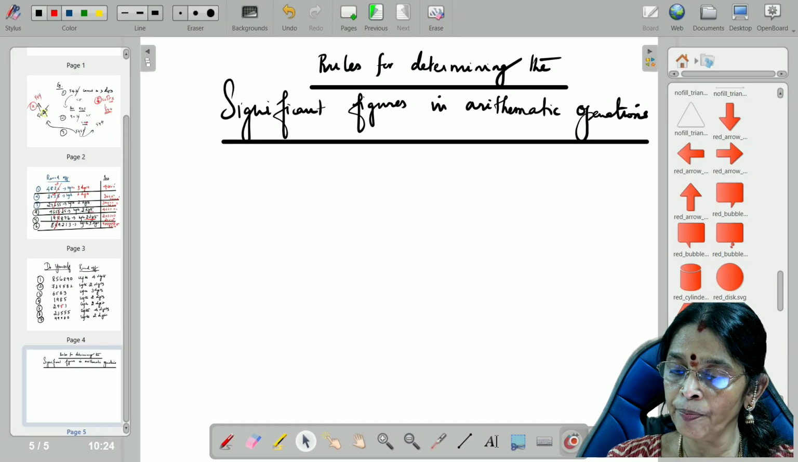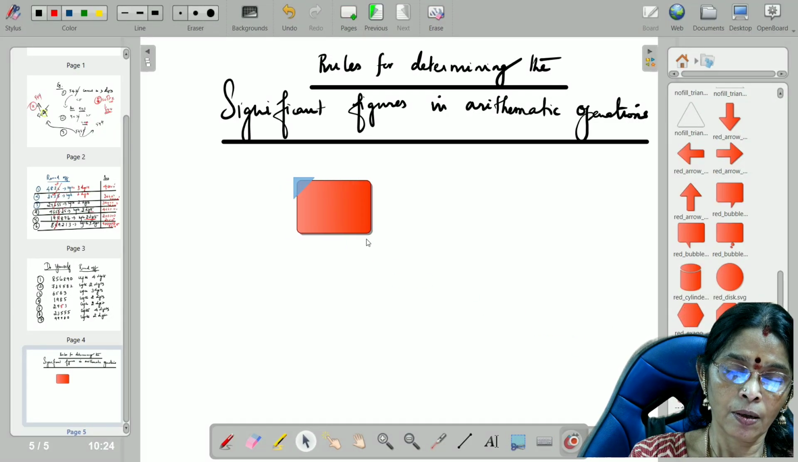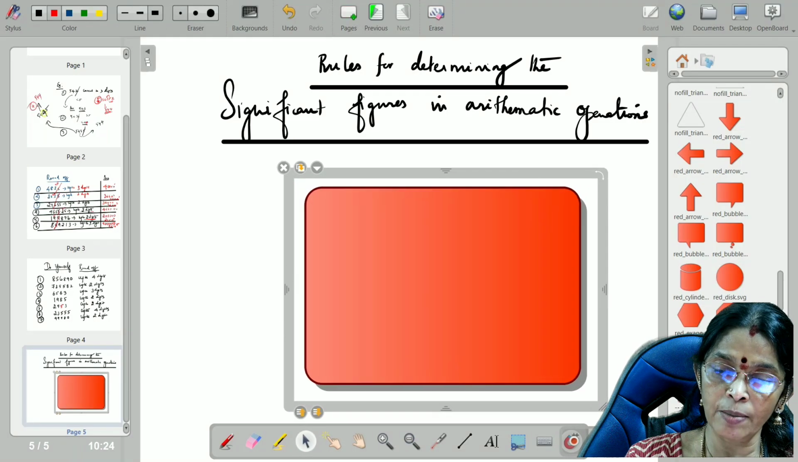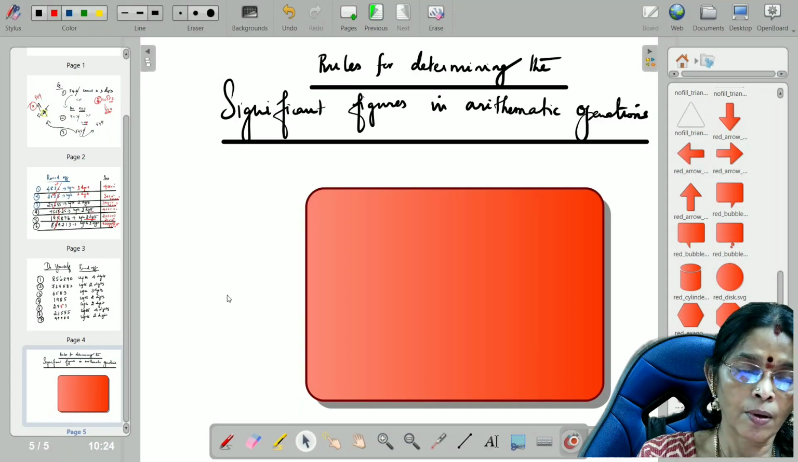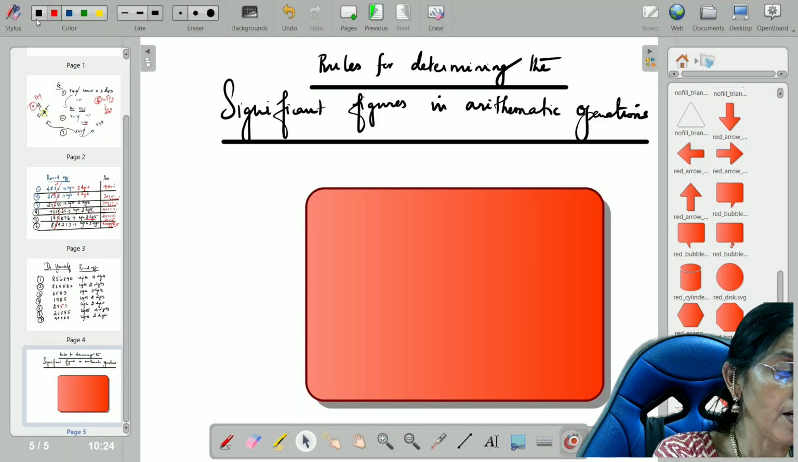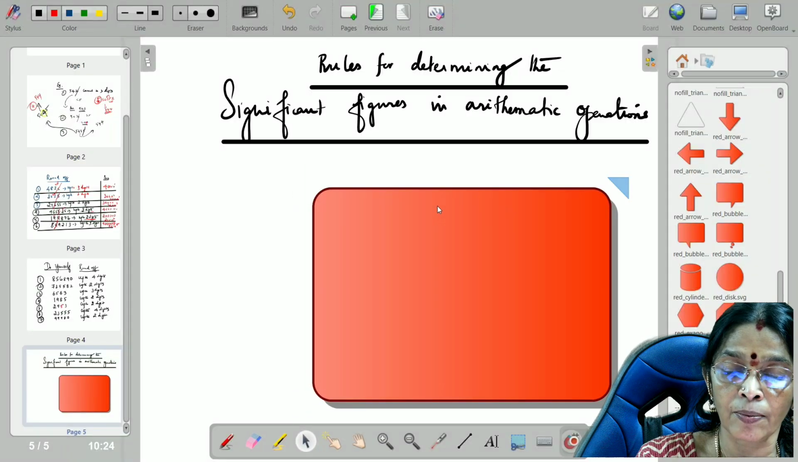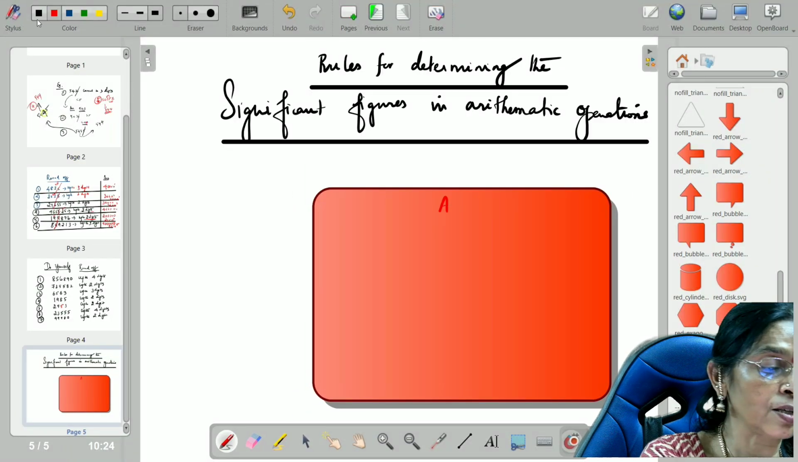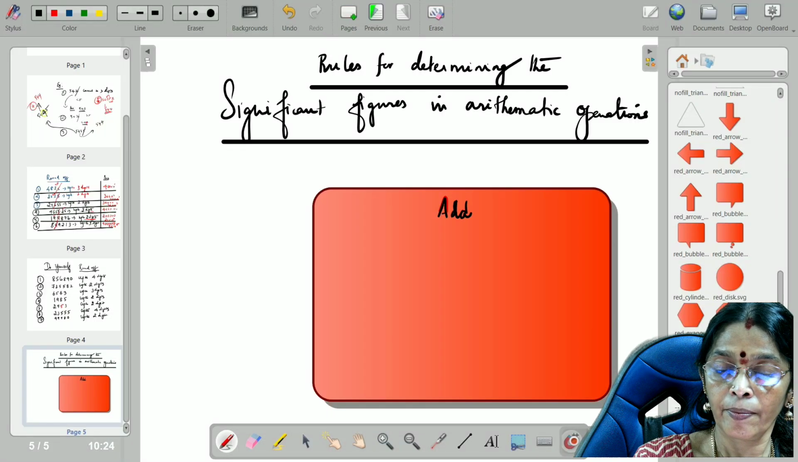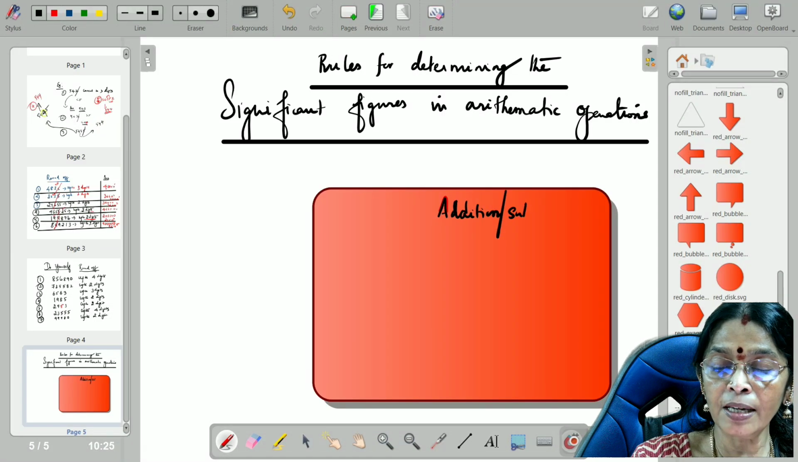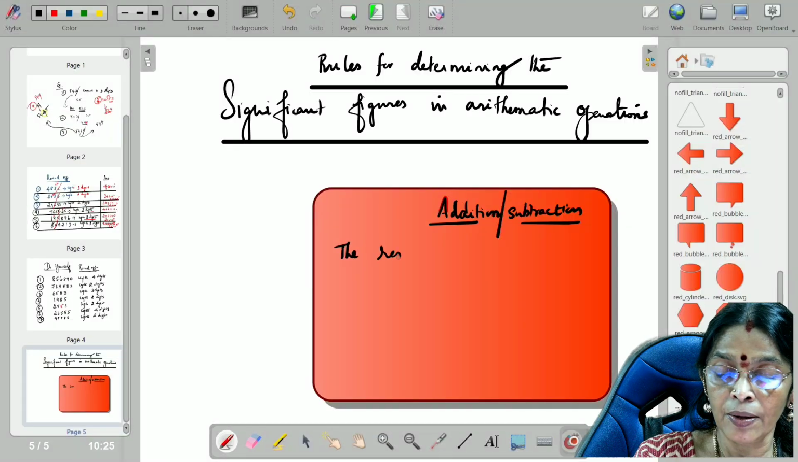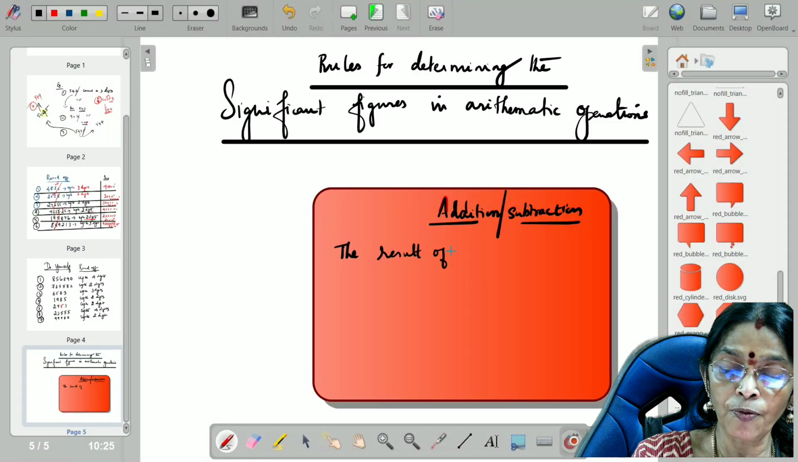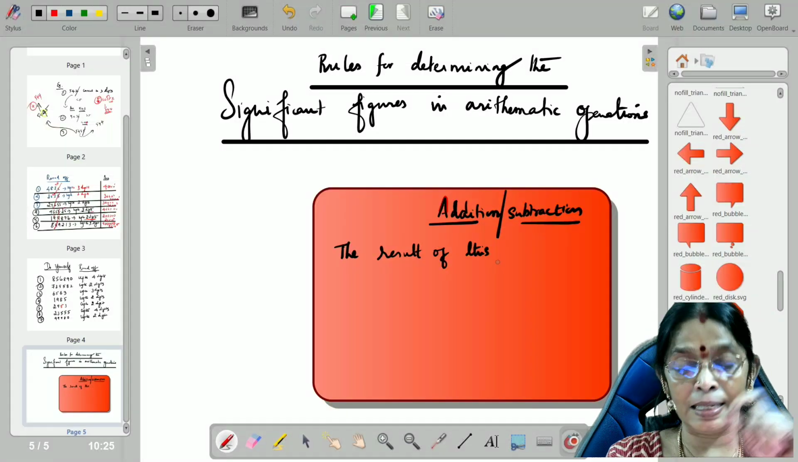Rules for determining significant figures. Okay, so now let me write number 1. In addition or subtraction, both follow the same rule. If I'm going to add two numbers, the result of this operation, addition or subtraction,